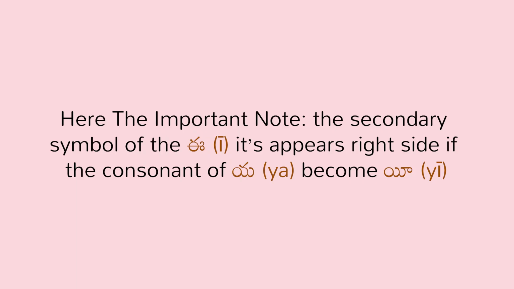orthography. The secondary symbol of Ya, known as Yavuttu, is added to the right side of the consonant, from down to upward, without disturbing the core structure of the consonant. Here is an important note: the secondary symbol of E appears on the right side of the consonant Ya to become